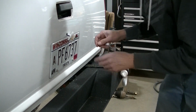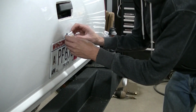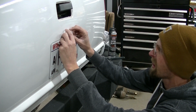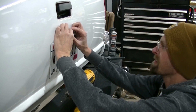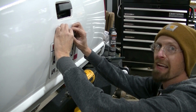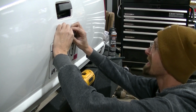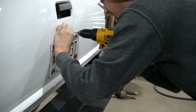So I got my RTV on my hole there. So I'm getting ready to get my mounting screws in here. Just kind of got to feel the hole back there, make sure my wires are kind of in the center of that. And we're going to try to get this